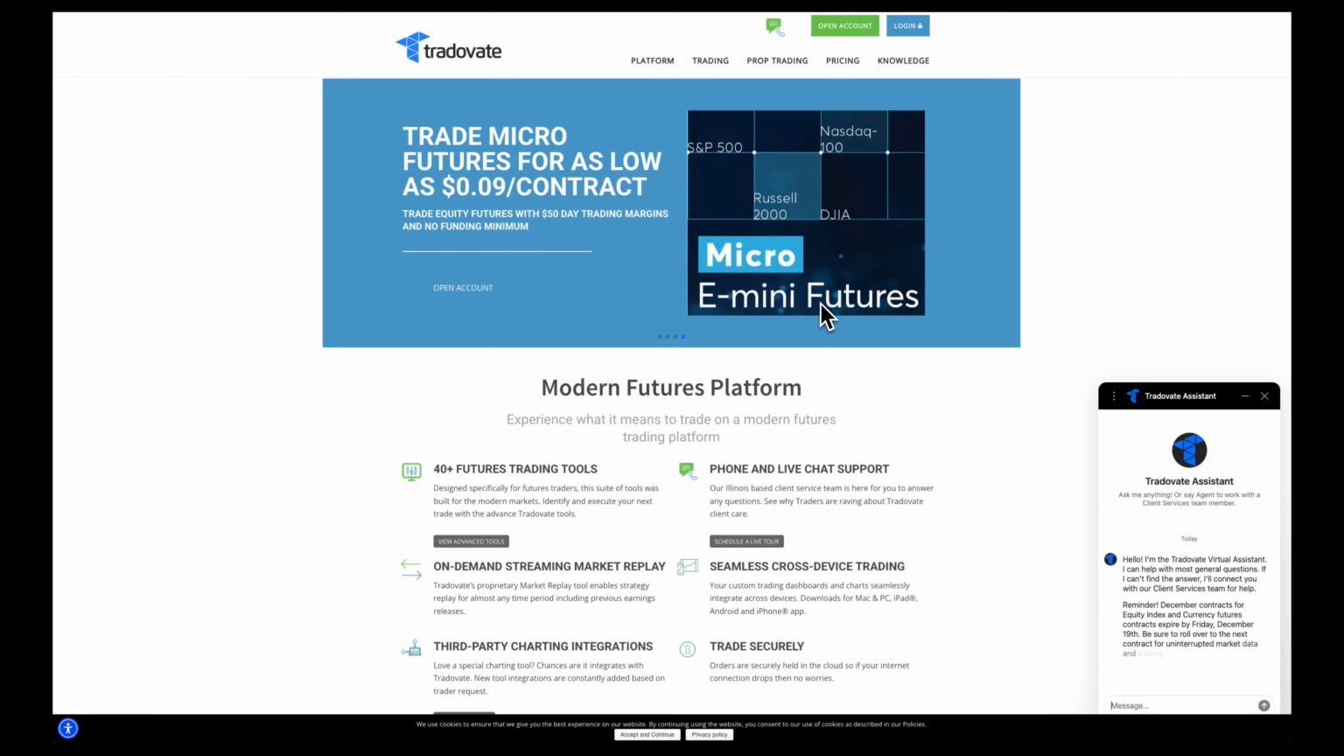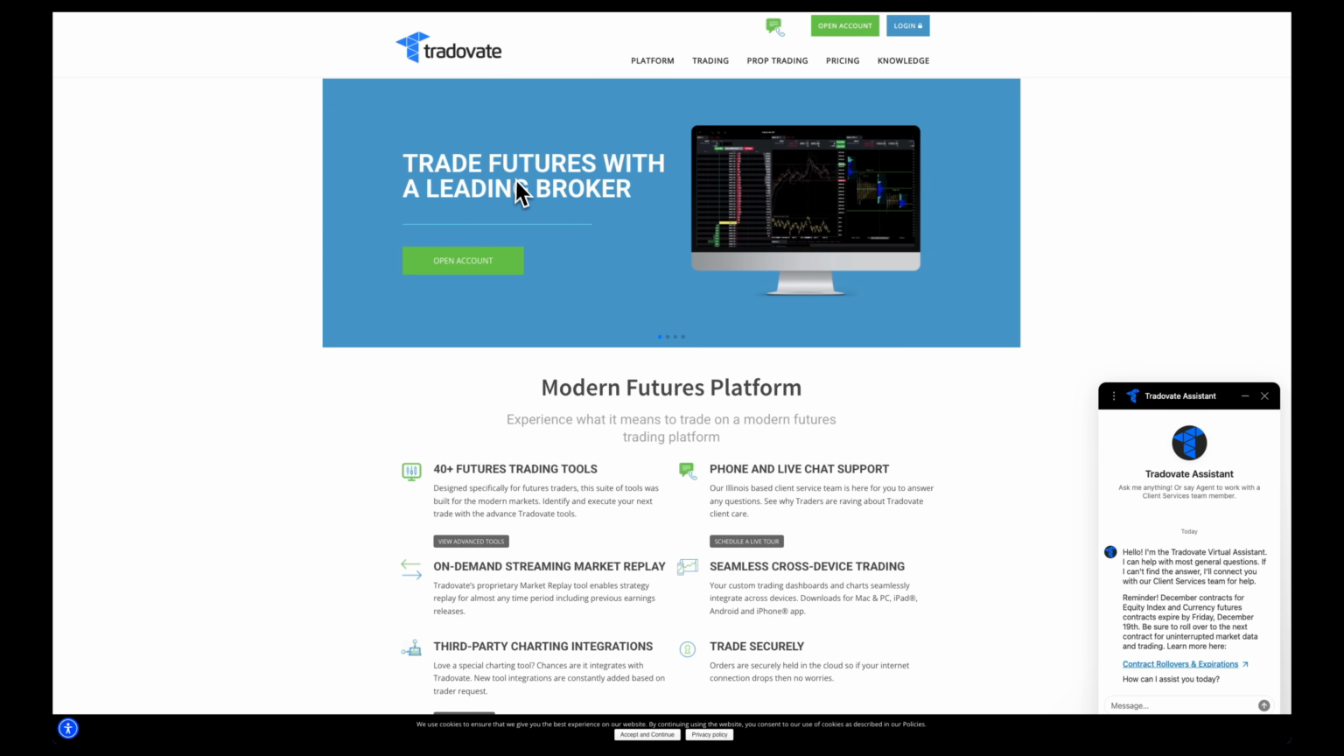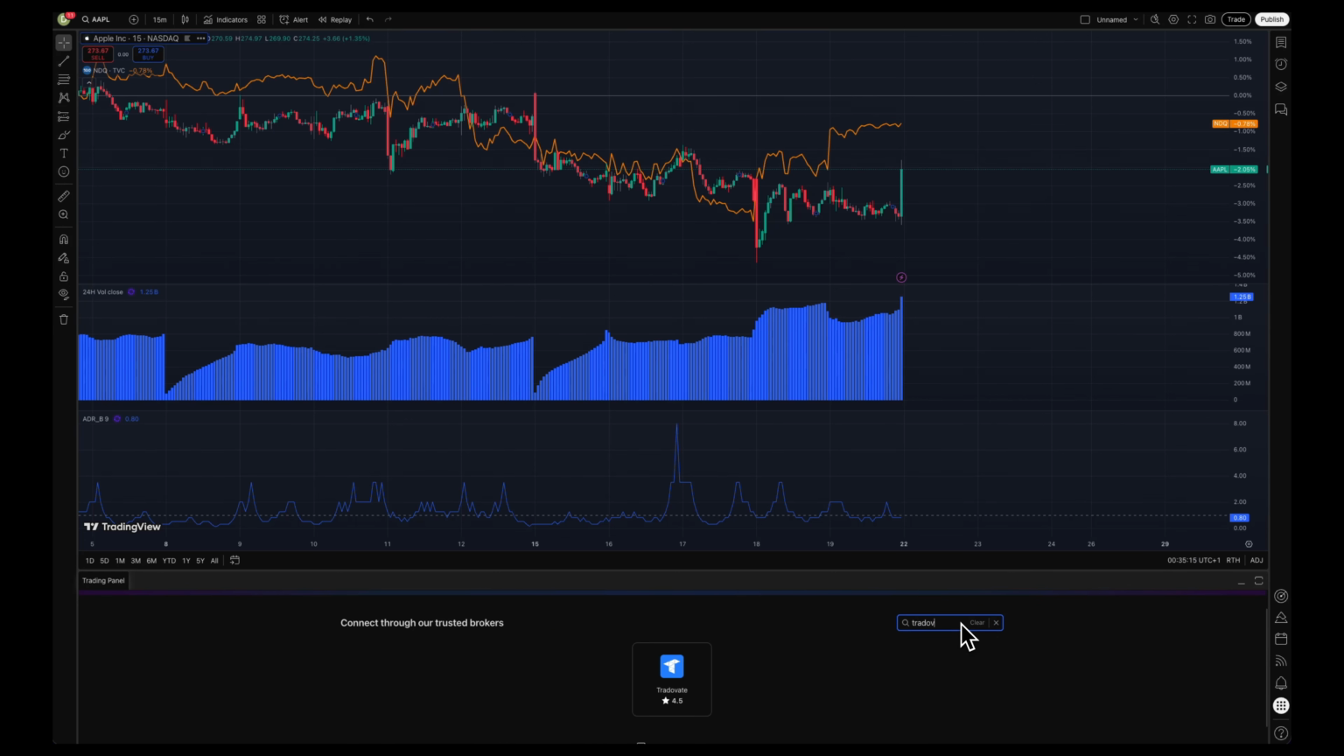In this quick tutorial, I'm going to explain how to connect Tradovate to TradingView. So basically, we're going to have to go to TradingView and then simply open the trading panel at the bottom. Now, after we do that, we just have to click on the search button and then simply search for the